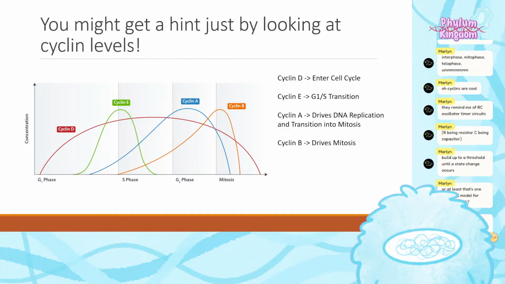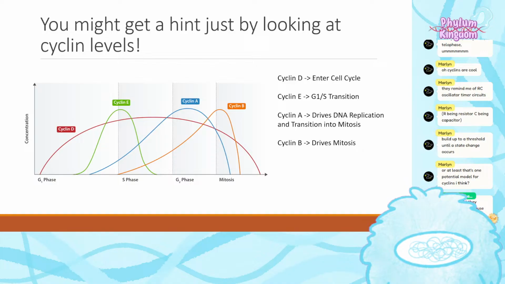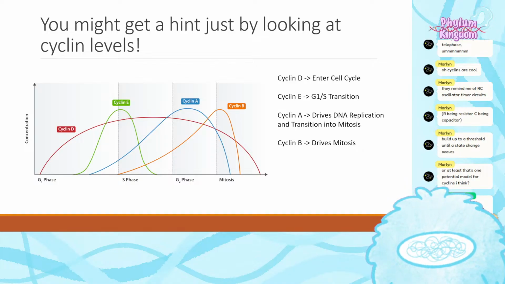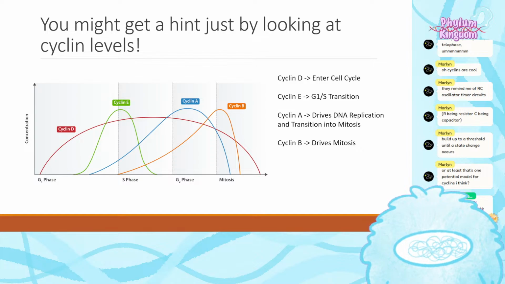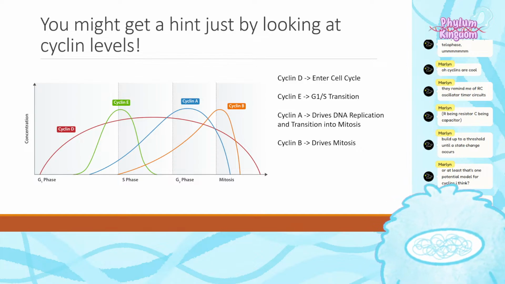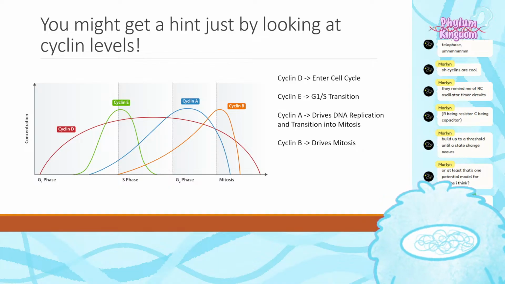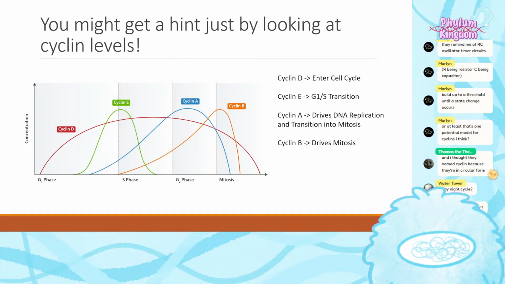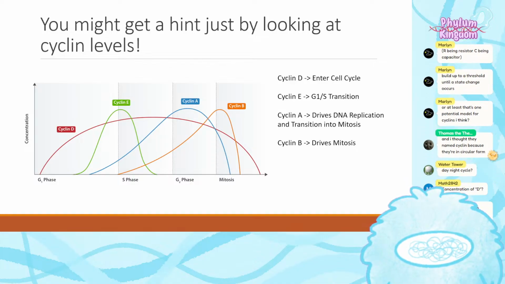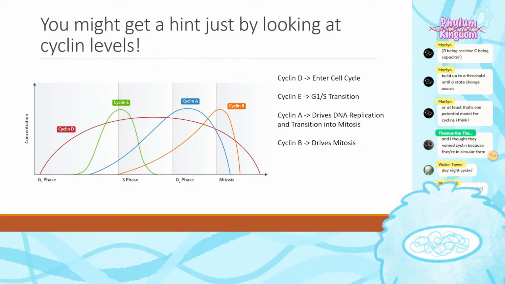So G1 is a phase where you grow the cell. S is the phase where you synthesize new DNA. G2 is another growth phase, and then you have mitosis, which splits the cell. So what governs, what looks like it pushes us into the next phase? That's this concentration of cyclin D. Yeah, that certainly looks interesting, right? It looks like as cyclin D increases, when it gets kind of high, we get shoved into the S phase. Isn't that interesting?